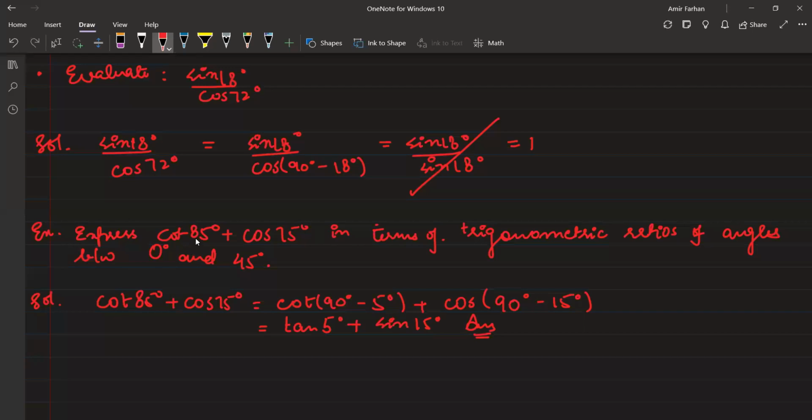We have to convert these angles between 0 and 45. So these angles basically lie between 0 and 45, yes or no? 5 and 15. Yes. Okay. Now, can you solve a question for me if I give it to you? Yes. Okay, evaluate